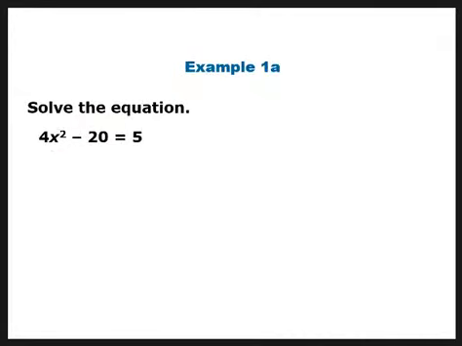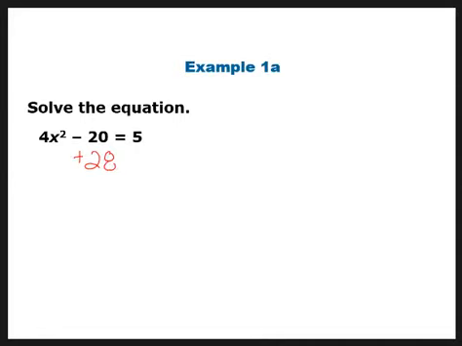All right, I want you to go ahead, pause your video, give this one a try on your own, come back, and we'll see if you're making progress in the right direction. All right, so again, the first thing you want to realize about this particular equation is the fact that there's no x term. If there's no x term, I'm not going to try to factor. I'm not going to try to complete the square, anything of that nature. I'm just going to go ahead and add the 20